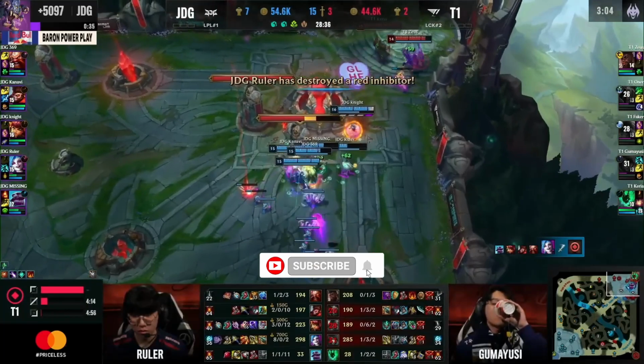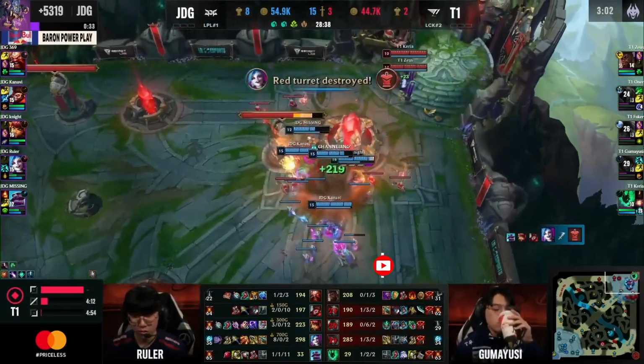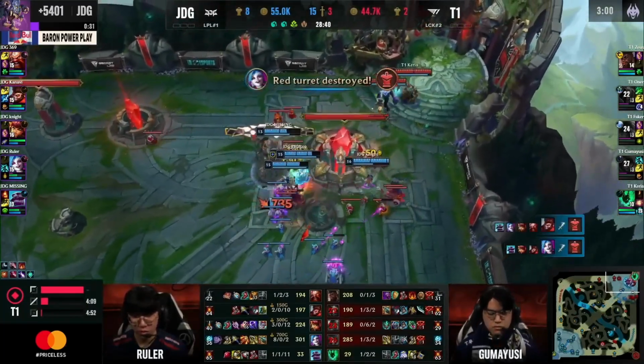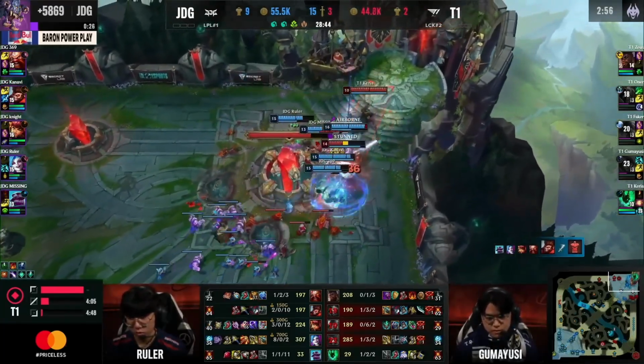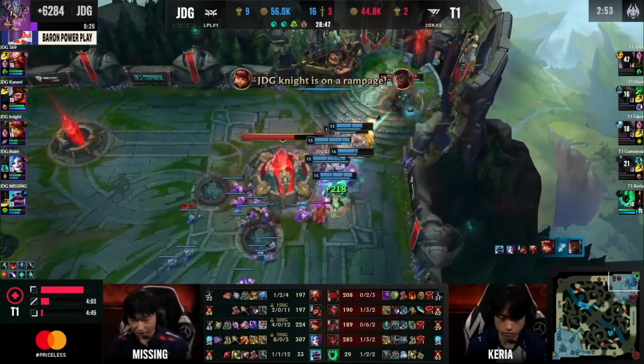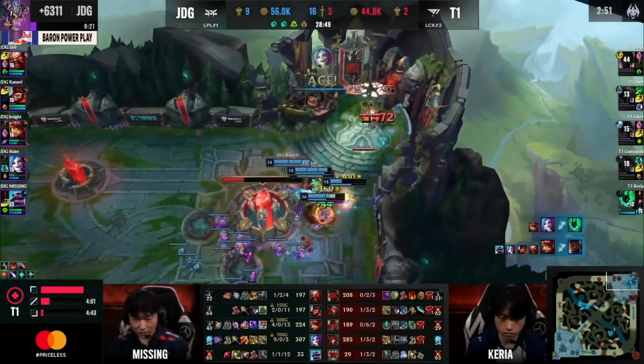And JDG, full control. It starts with first blood. Kanavi outplays Owner, stays alive. But to me, it's about Knight and Missing. The amount of control in the fights from this Braum combined with Knight's engages means that JDG...